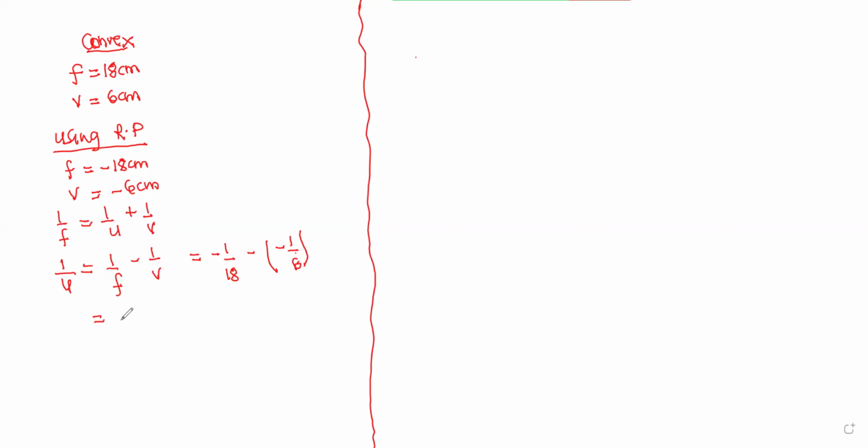So we have 1 over 6, which is positive, minus 1 over 18. LCM 18, 6 goes into 18, 3, so 3 minus 1, giving us 2 on 18. And 2 on 18 is 1 over 9. Therefore, U is equal to 9 centimeters. And since the object is real, we must have object distance, which is positive. Then using NC,